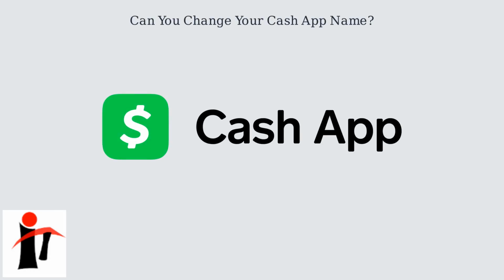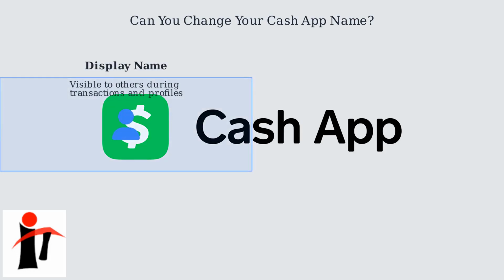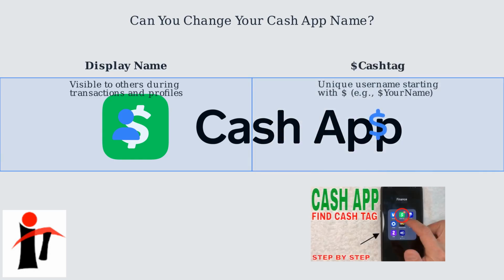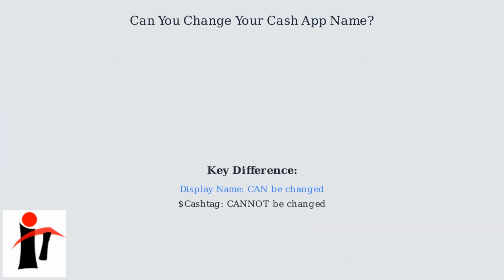Let's clarify Cash App names. You have a display name that's visible to others and a unique cash tag. The display name is what others see when you send or receive money. Your cash tag is a unique identifier used for quick transfers. The crucial point: as of late 2024, early 2025, you can change your display name, but you cannot change your